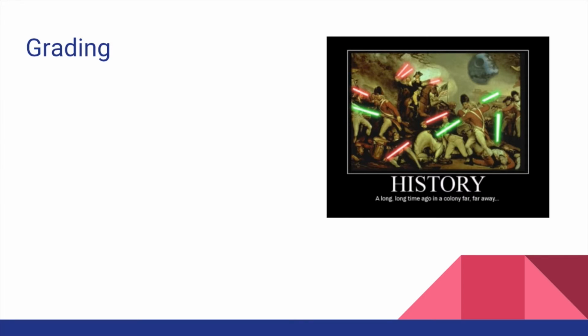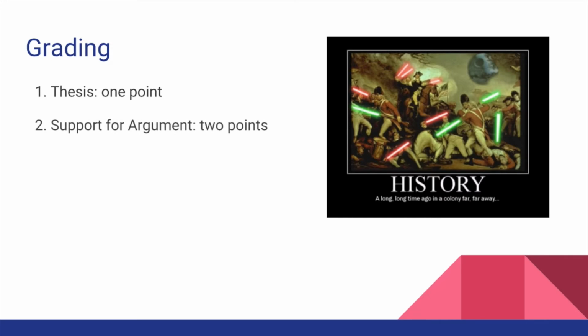So we'll first talk about how the FRQ is graded. You get 1 point for having a thesis, and you need to make sure that your thesis does not merely restate the question. You must make sure that your thesis discusses what you're going to argue in your essay. So you have to take it one step farther, even if you do use some of the words from the question in your thesis. Make sure that it's clear and specific. You get 2 points for support for your argument, and that's basically just incorporating specific historical examples into your